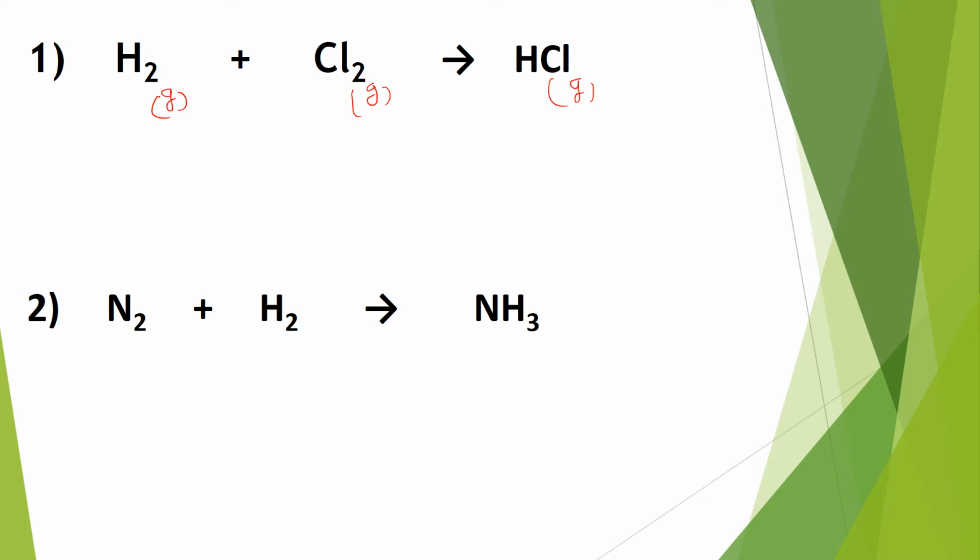Look at the hydrogen and chlorine atoms on the reactant side. They are 2 on the reactant side, whereas on the product side, in HCl, H is 1 and Cl is 1. So what you have to do? You have to multiply this. So how can you multiply? Write simply the number 2 in front of HCl. Now it is balanced. H is 2, Cl is 2. So this is a balanced chemical equation, an easier one.